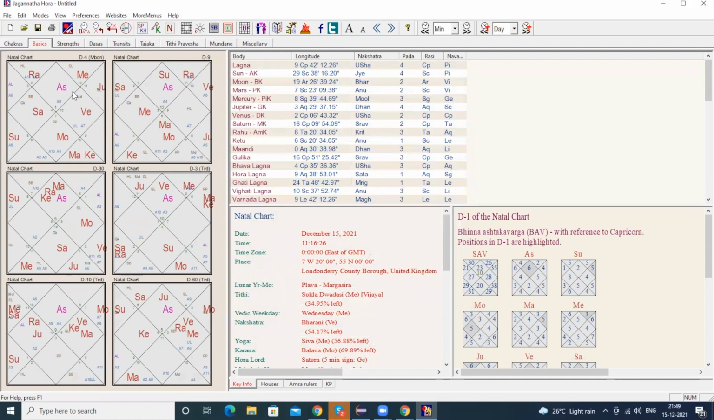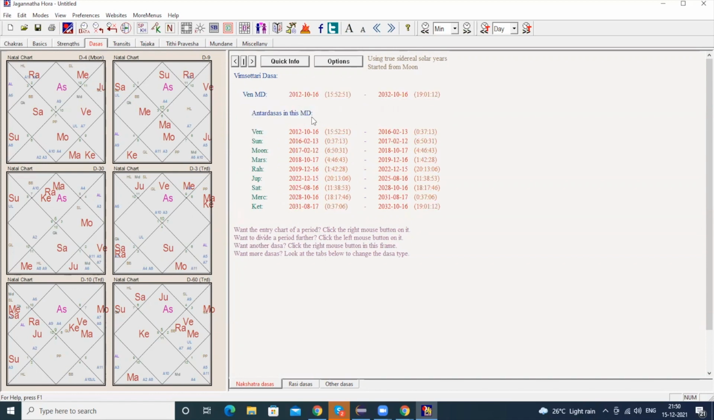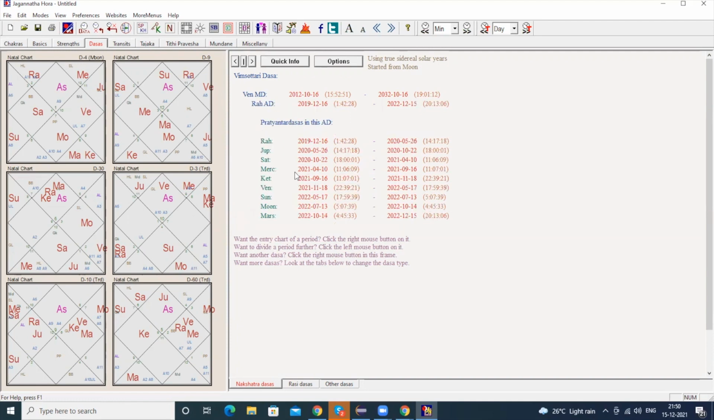Okay, guys. So let's say for example, if you want to see the dasha, click Dasha here, guys. So now it's 2021 December. Okay, so in 2021 the Venus dasha is running for this person. You can click Venus Mahadasha, and the Antadasha that the person is running, let's say for example it's 2021 December, right? So you need to click here Rahu Antadasha, and the Pratyantadasha the person is running will be